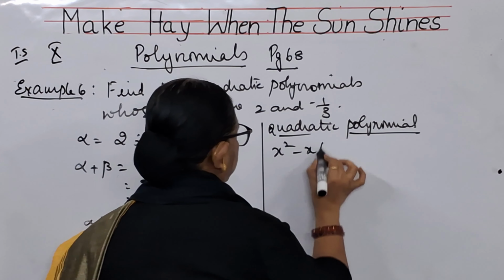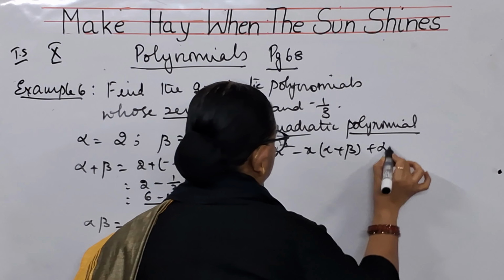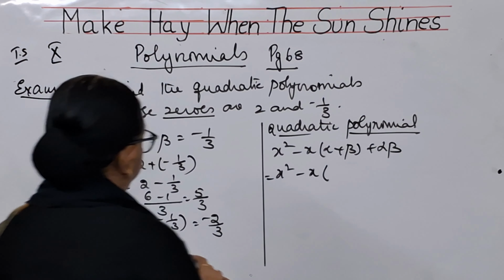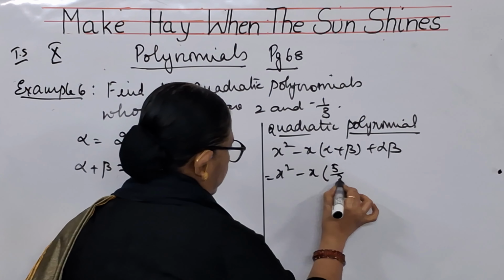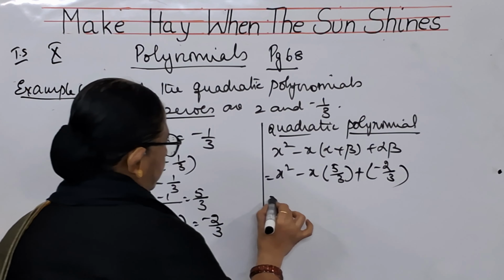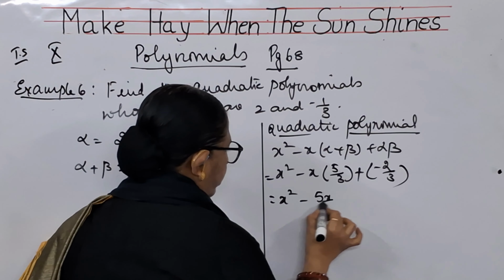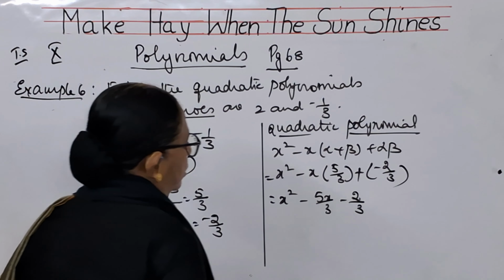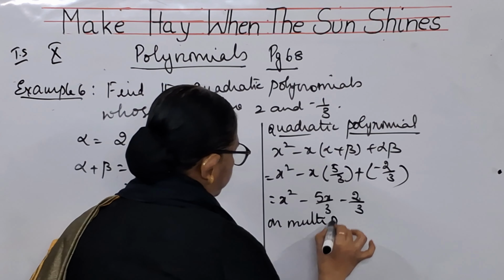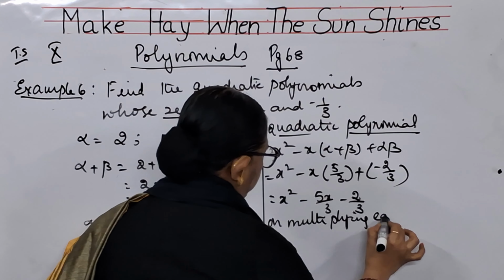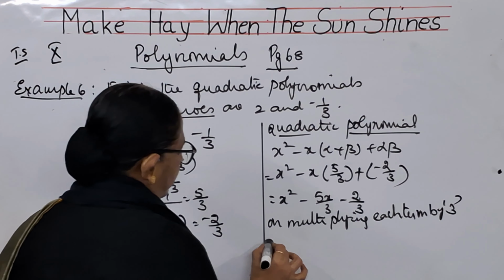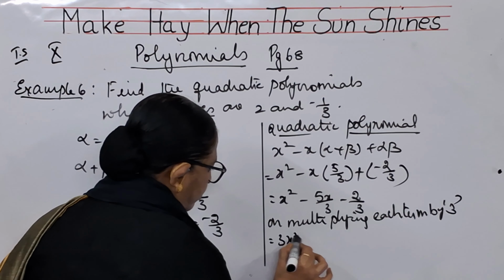What is the quadratic polynomial? x square minus x into alpha plus beta plus alpha beta. So this is equal to x square minus x into, what is alpha plus beta we have got, children? 5 by 3, plus alpha beta, minus 2 by 3. That means x square minus 5x by 3 minus 2 by 3. So we need to cancel this 3. So on multiplying each term by 3,